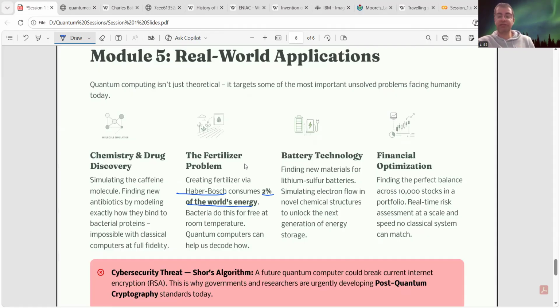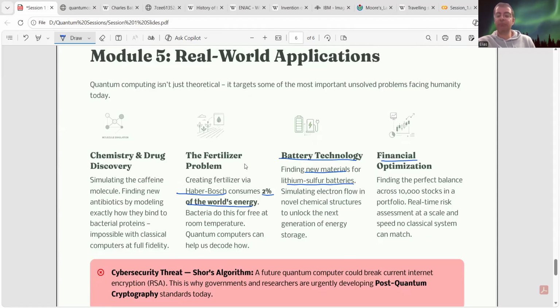Imagine how much energy we're going to save by that, right? And AI itself is consuming right now about 1.5 to around 2% of the world's energy. What if we can make it more efficient by optimizing that? The battery technology, finding new materials for lithium sulfur batteries.